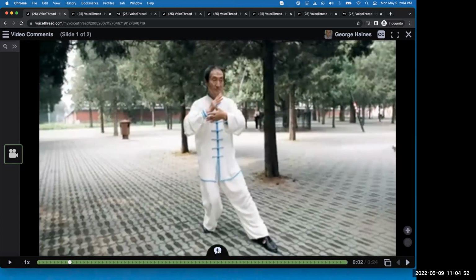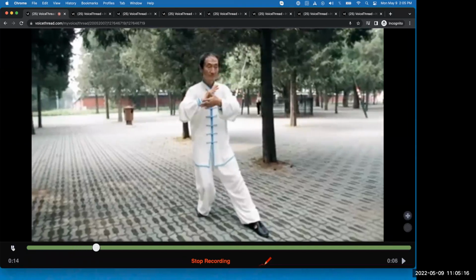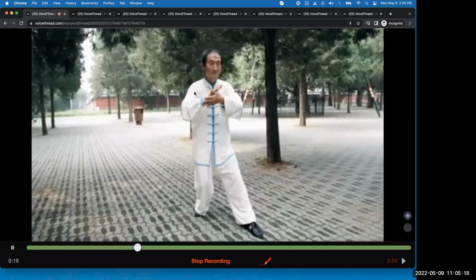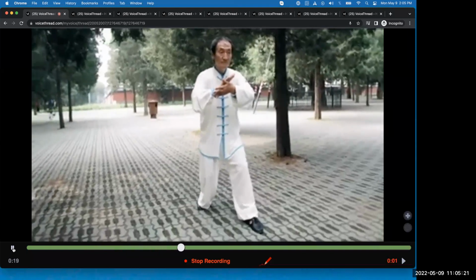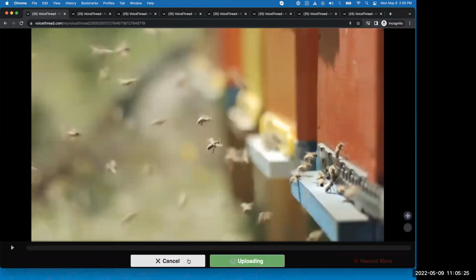Now, if I go to comment, my comment is going to be synced up with this spot in the video where I'm pausing, right? So when I click to comment, you can see that that scrubber ball is advanced to that spot in the video. But I also still have play controls. So while I am recording an audio comment now, I can press play, and what I'm saying will be recorded in sync with this portion of the video. I can pause, I can rewind,